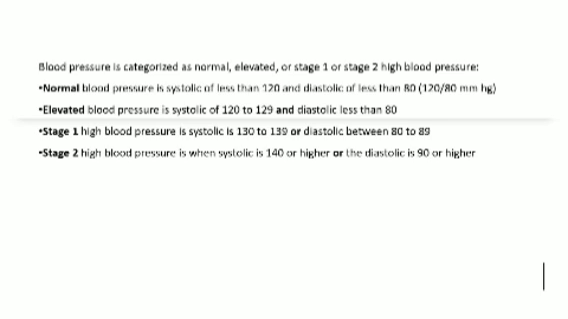Stage 1 high blood pressure is a systolic of 130 to 139 or a diastolic between 80 to 89. Stage 2 high blood pressure is when systolic is 140 or higher or the diastolic is 90 or higher. So, coming to the next slide,